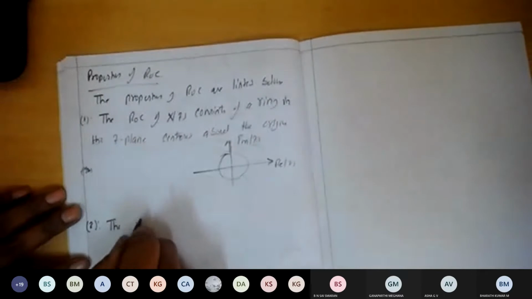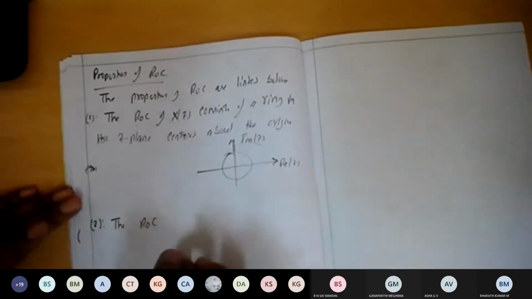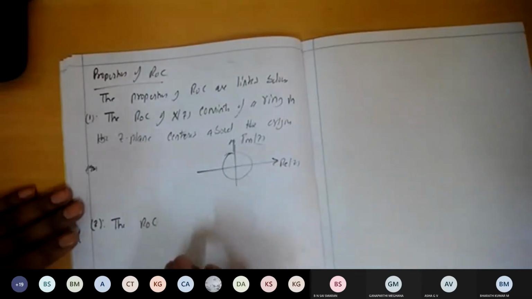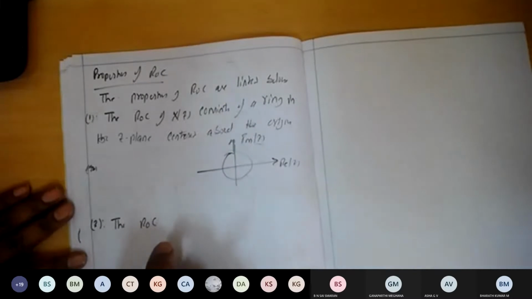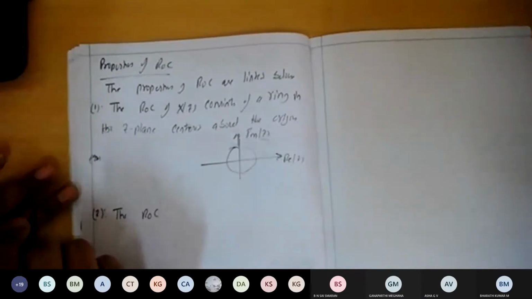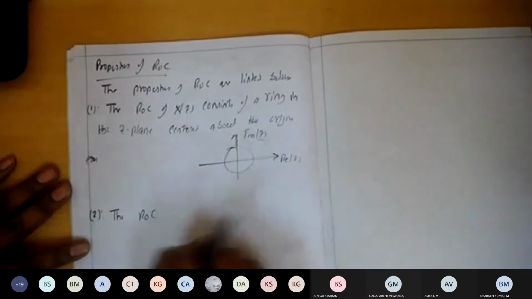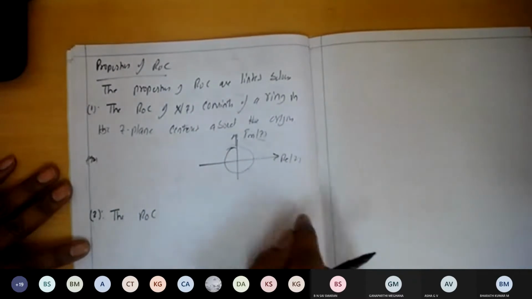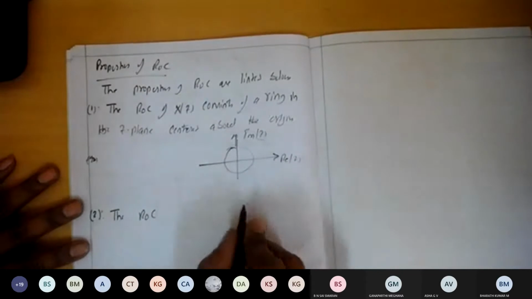This is a very important property. The region of convergence should not have any poles. If the poles are there, then the stability of the system will not be there. You are going to do this in the next semester in the design of filters, that is the design of infinite impulse response filters. There we map the poles of the S plane, that is the Laplace transform for the analog filter, to the digital filter. We consider this factor and find the stability of the filter once we have done the design. Got it, right?